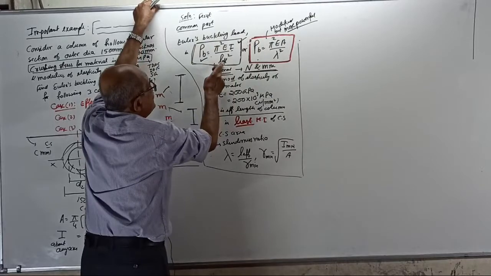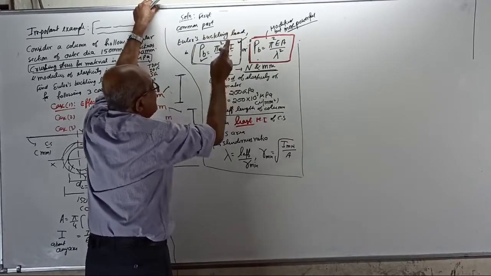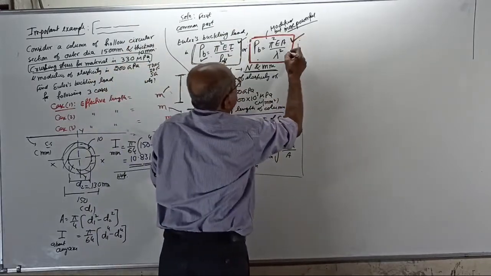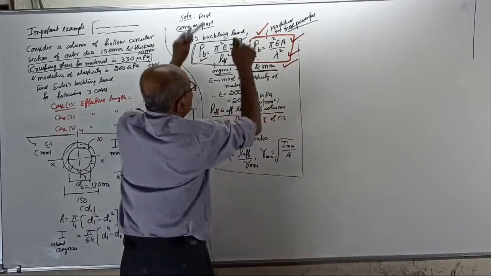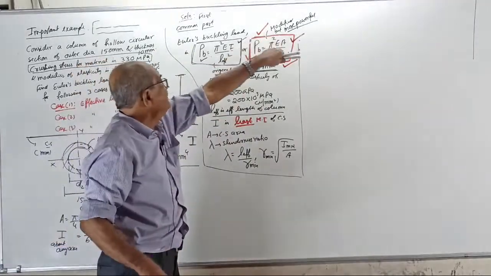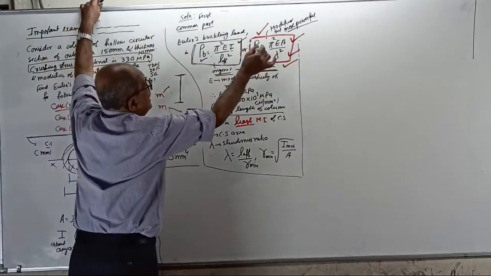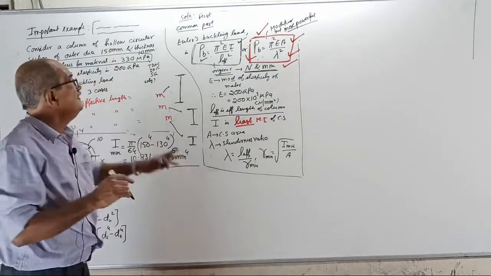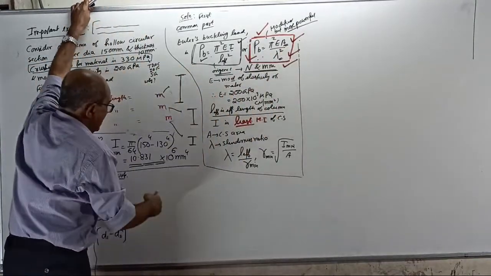Here the L effective square is there, and R square is there in the denominator. Technically, this is more powerful. Clear? This is more powerful and this is the real formula. From a technical or concept point of view, this is important. Therefore, write here: if you use the modified version, the real concept-wise formula, then you require area and lambda. Start now.